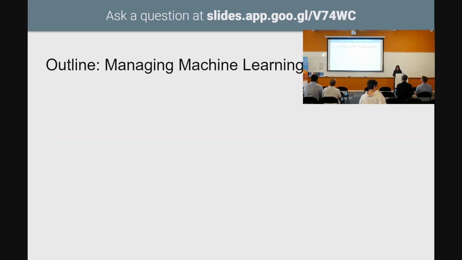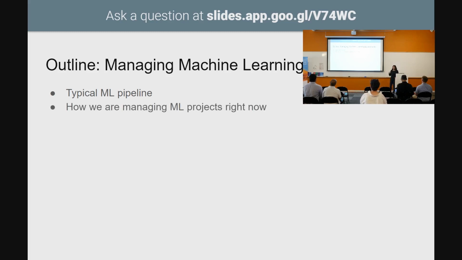In this talk, I want to talk about a few things in the ML space, things that we have gone through, and there isn't quite a centralized, unified way to solve. First, I'll talk about a typical machine learning pipeline that we all follow to train models and to test models and to evaluate models and to deploy models. Then I'll talk about how we are actually managing our machine learning experiments. How do we reproduce? How do we track? How do we score and evaluate?